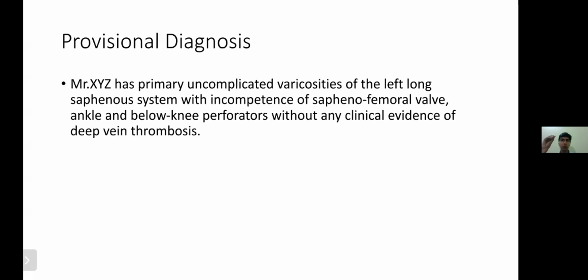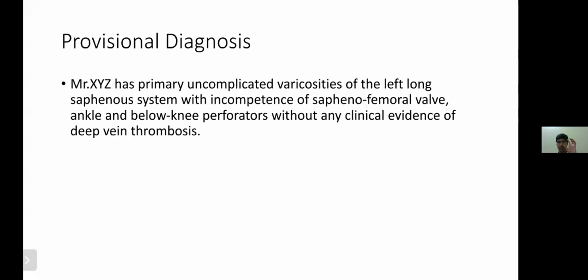If it's a primary cause, you do not specify the risk factors, just write most probably of primary etiology, and the complications and the CEAP classification. As Mr. X said, the patient is a case of left-sided varicose vein involving the great saphenous system or the short saphenous system, which is most probably secondary to incompetence of SFJ or incompetence of the perforators, whatever it is. So here you have to specify what incompetence is present and where it is present. So location, incompetence of whatever valves it is, along with obviously varicose veins of what side.